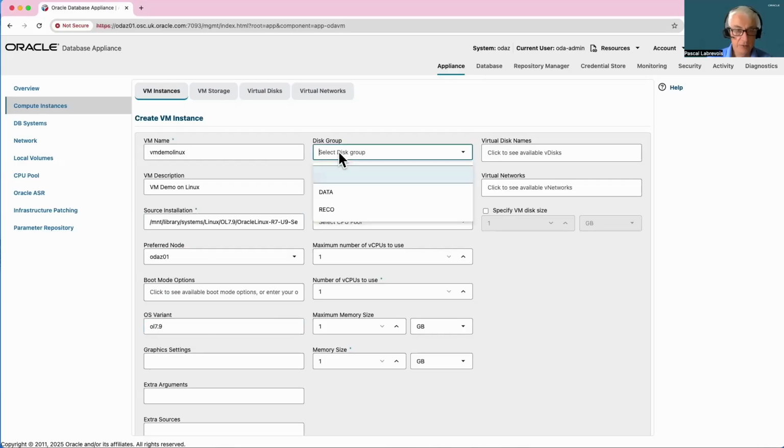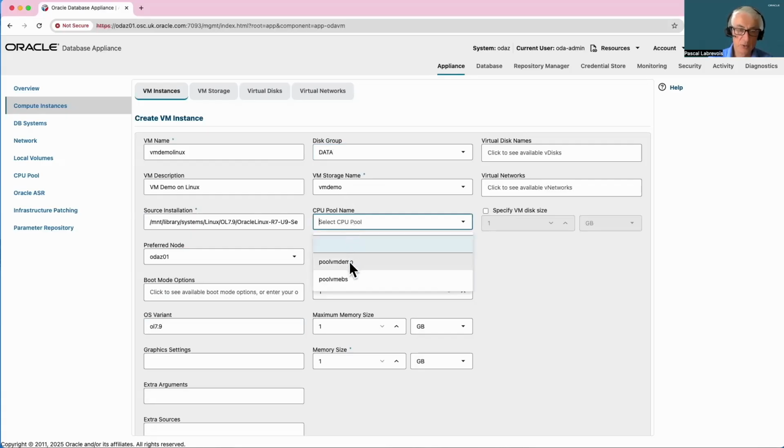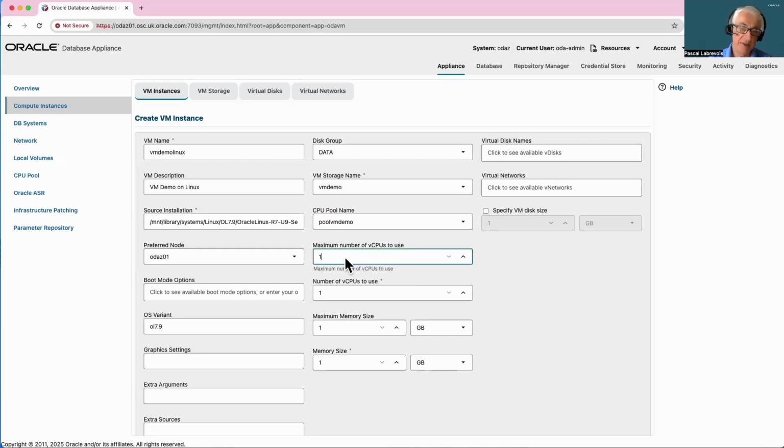Then we will select a disk group, and then the VM storage that is available in 2 disk groups that I want to use, the CPU pool that I have just created, and I can also specify the number of vCPUs and memory that this VM will use.